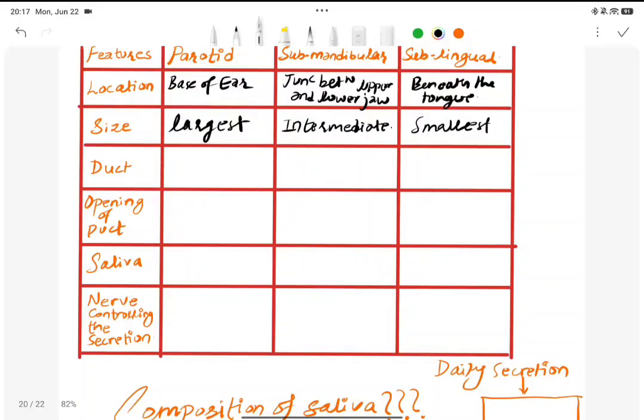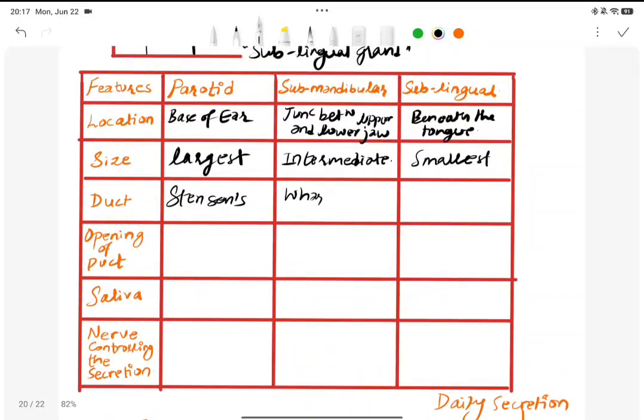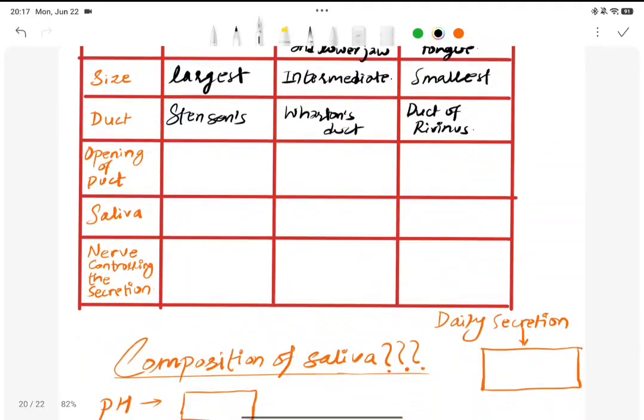And the duct of the parotid is known as Stenson's duct. The duct of the submandibular is known as Wharton's duct. The duct of the sublingual is known as the duct of Rivinus. And the opening: it opens into the vestibule in the upper jaw, near the